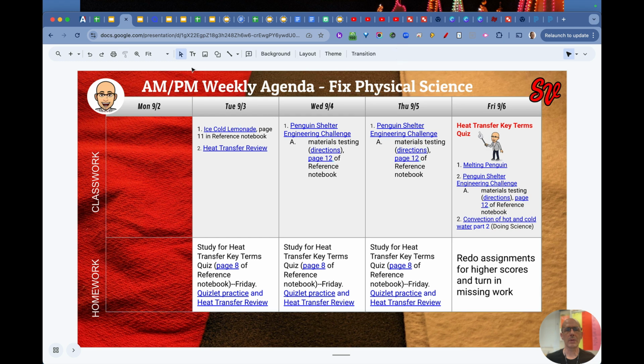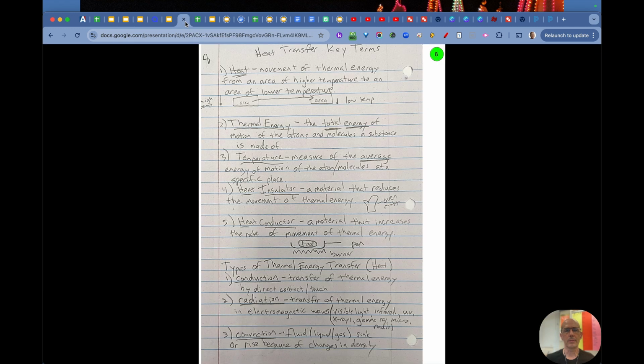Okay, the rest of the week was basically about materials testing. So students are going to eventually design a shelter to hold their ice cube penguin to help prevent it from melting. And so they have materials they can use and select for it. So they were testing to see how well those materials worked. And so on page 12 of the reference notebook,